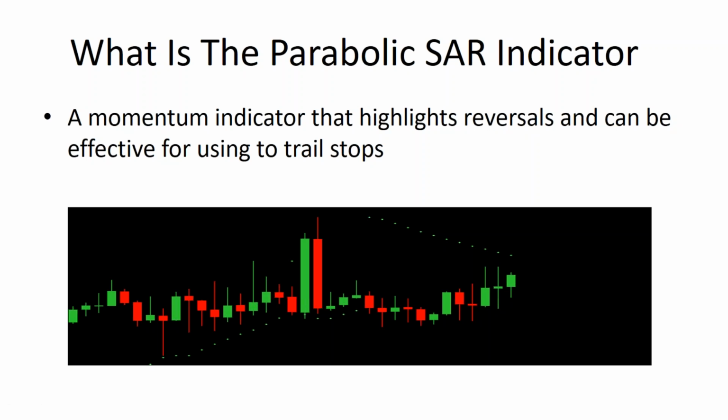And the indicator essentially highlights where the market would need to move to confirm a reversal. So essentially, what the indicator is telling you is, while price is moving higher and there are green dots below price, this means that the market is expected to continue to trade higher, and the price would need to come down below one of these green dots to confirm a bearish reversal. Similarly, if the green dots are above price, this means that the market is moving lower and is expected to